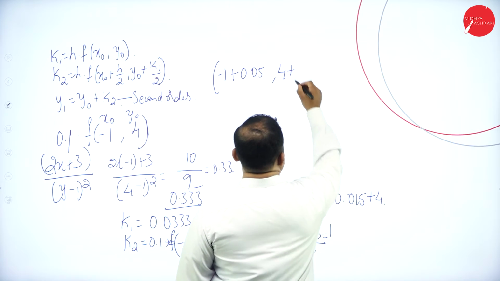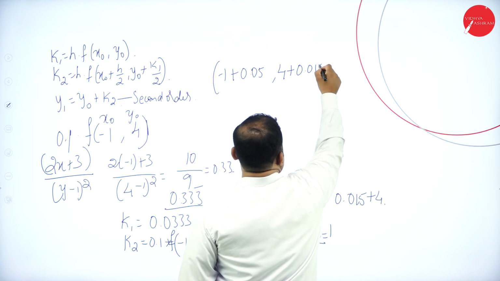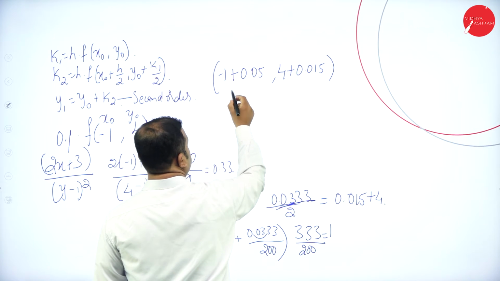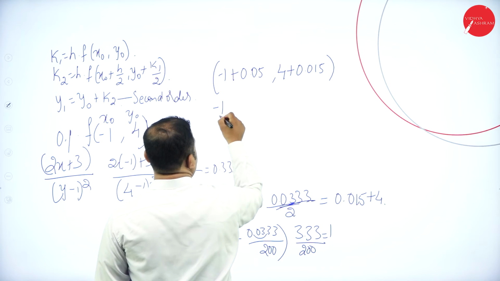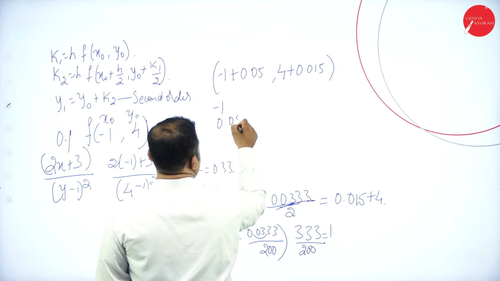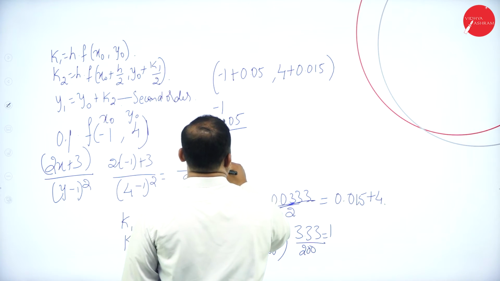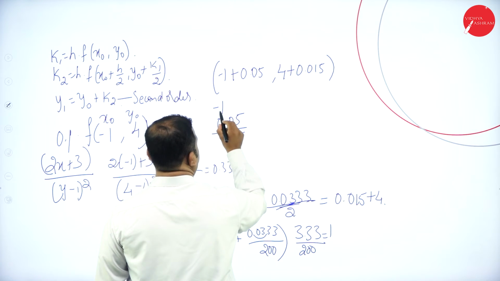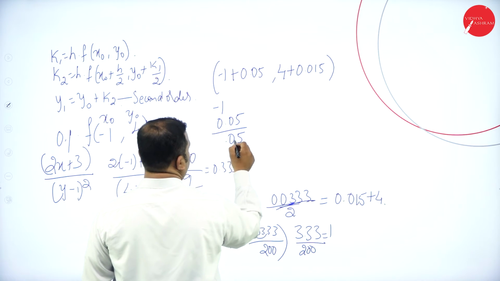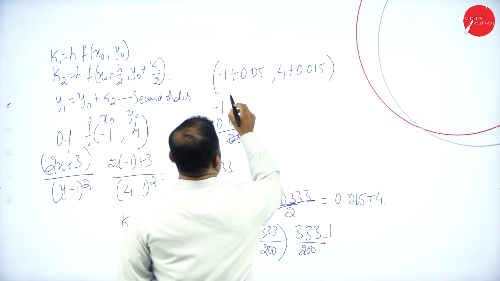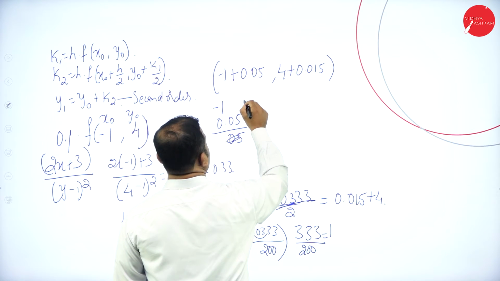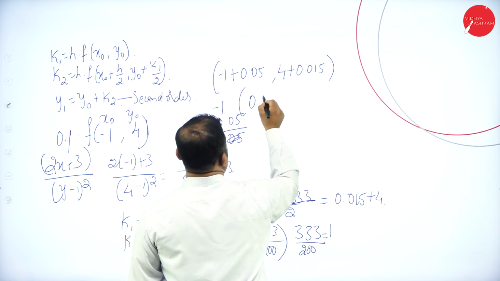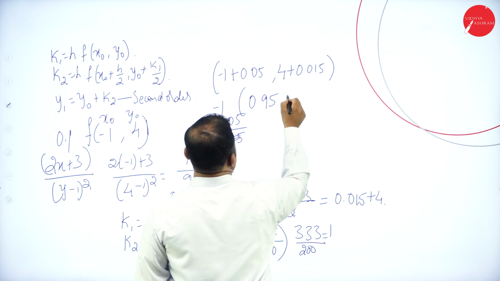So the x term is -1 plus 0.05, which is equal to the value 0.95 comma